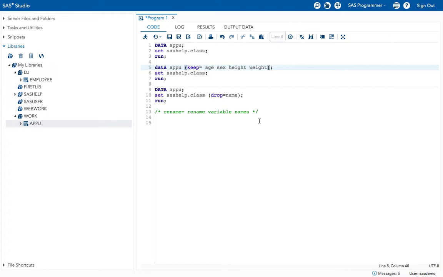Okay, now we will see rename. Rename is used to rename the variable names. Now I will take the same data set.